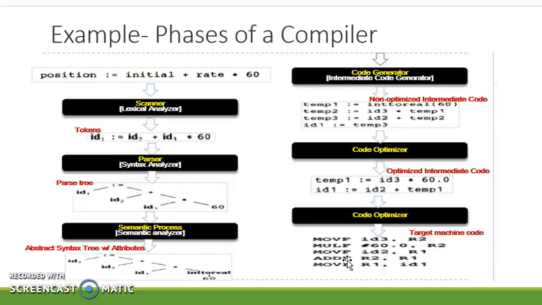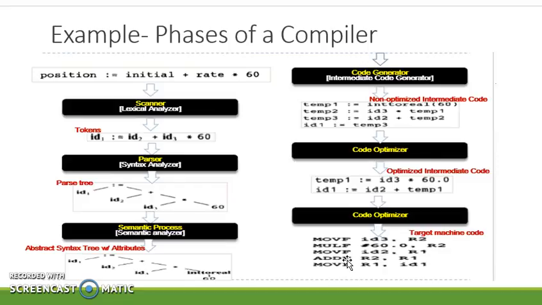An example showing the phases of a compiler is presented in this slide. Here we have taken the statement position equals initial plus rate times 60, written in a particular programming language. How the source code is converted into target code through the different phases of the compiler is illustrated in the slide.